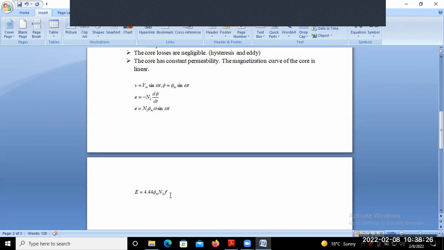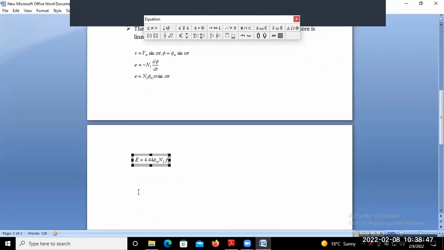We already said the frequency is fixed, suppose we consider 50 hertz, and N1 is the number of turns of the primary coil. So the EMF induced